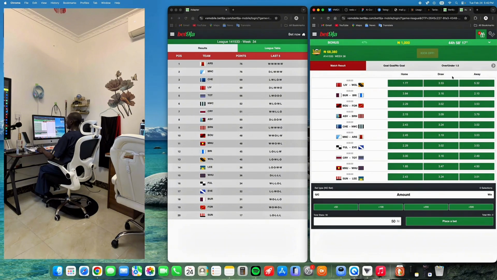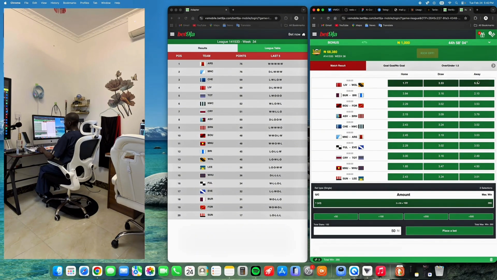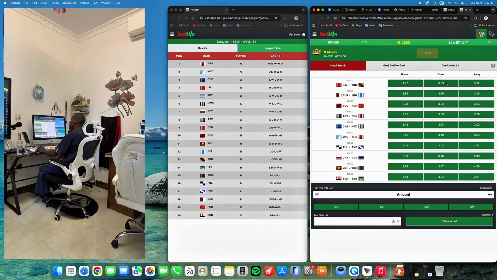So at this point, let's say it is the house that is betting against you, not you betting against the house, because this market has three options. If out of the three options you have taken two, the two most likely to win, it means that you stand a better chance of winning than the house stands with just a single odd. So at this point, you have a better chance of winning than the house.